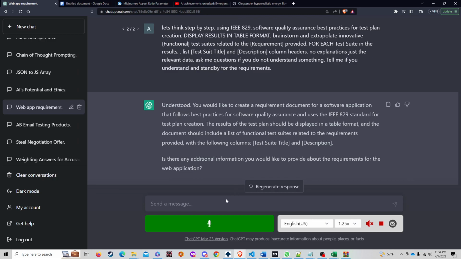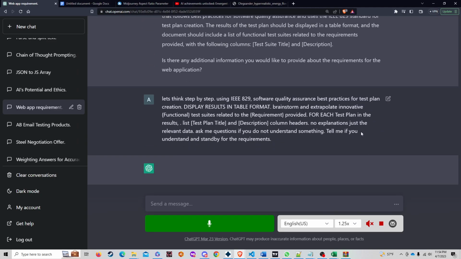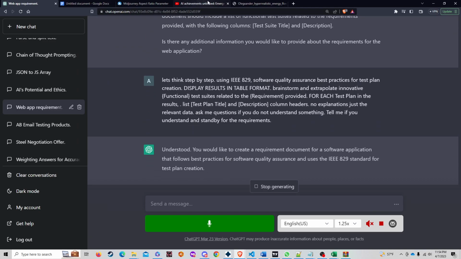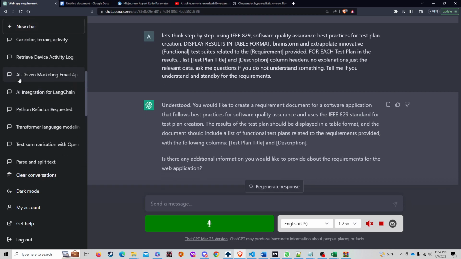So yeah, let's modify this: for each test plan, list test plan title and description. Okay, good. So let's see again. Understood. Good. Now let's